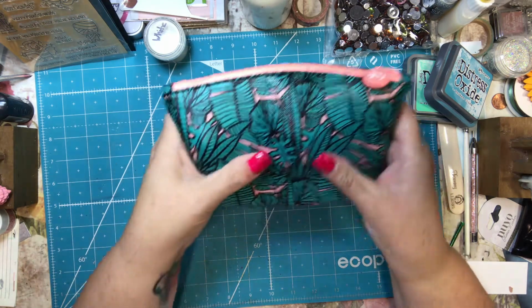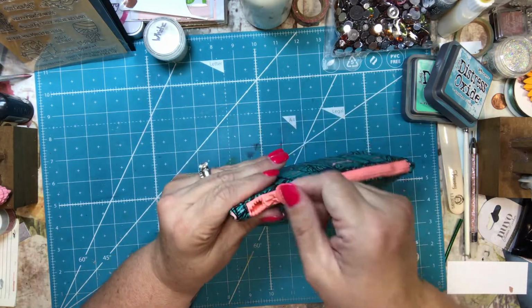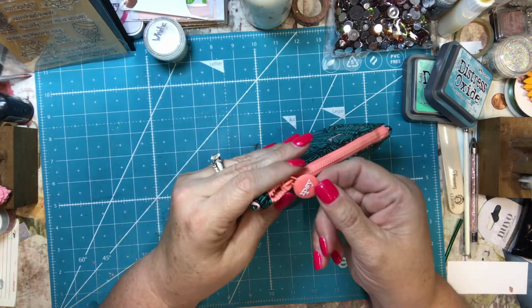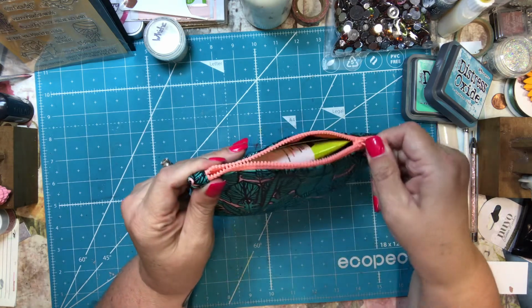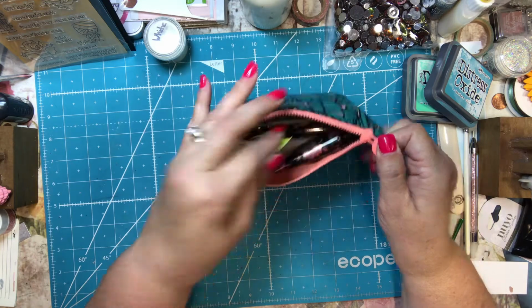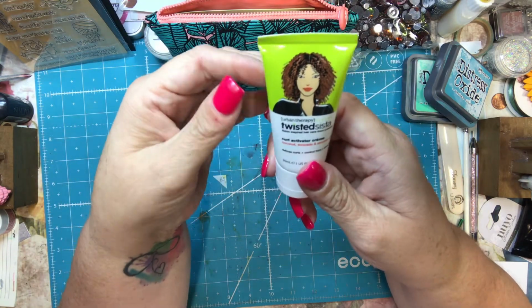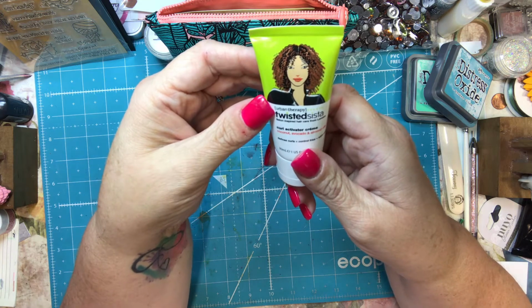This is really a cute bag. I really like it. Like the jungle kind of foliage, and then has a peachish Ipsy rubberized zipper pull. Very cute. All right, so it looks like the first thing I pulled out is Urban Therapy Twisted Sista salon